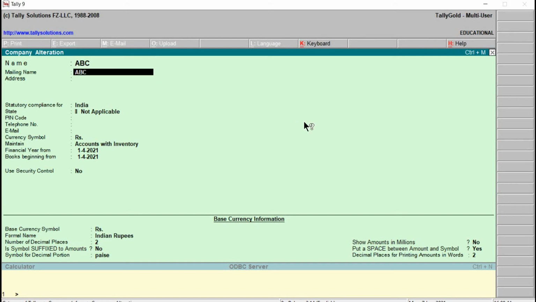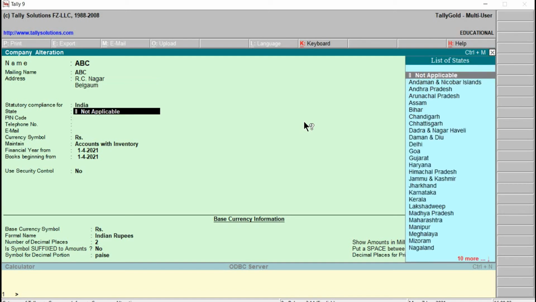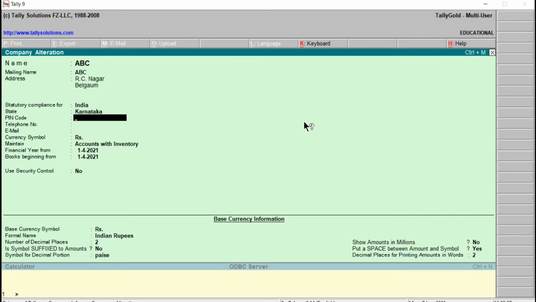Here I will provide the address for this one: RC Nagar, then Belgaum, then state Karnataka. Okay, this is enough. We have done the modifications, we have done the changes.